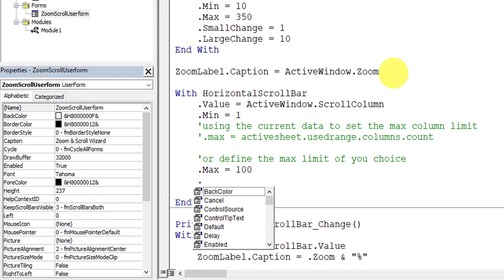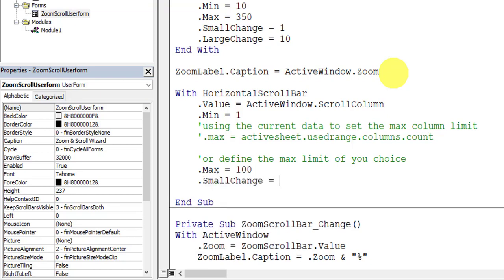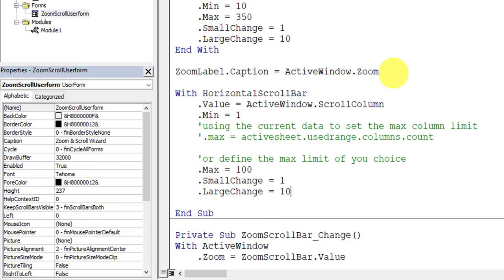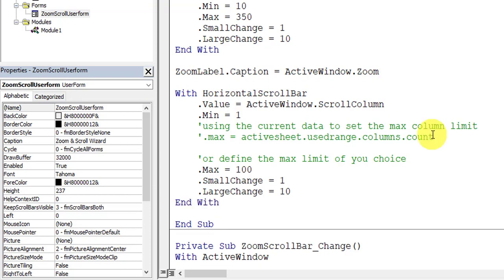Small change is an incremental value by which the number of columns will be scrolled when you click on the arrow button. Large change is also an incremental value by which the number of columns will be scrolled when you click inside the scroll bar. We have set the properties of the horizontal scroll bar, but whatever changes are applied on the scroll bar have to get reflected on the sheet.